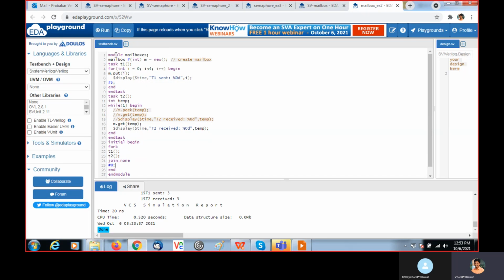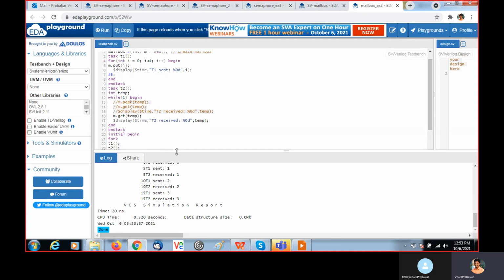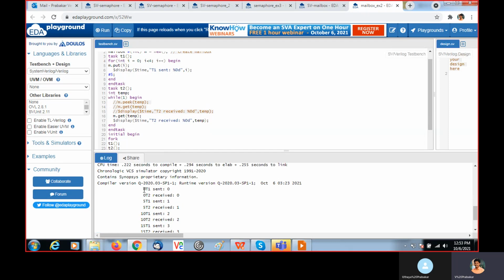Here I use get, right? If I run this, at time 0, both are running at the same time. T1 sends 0, T2 receives 0.